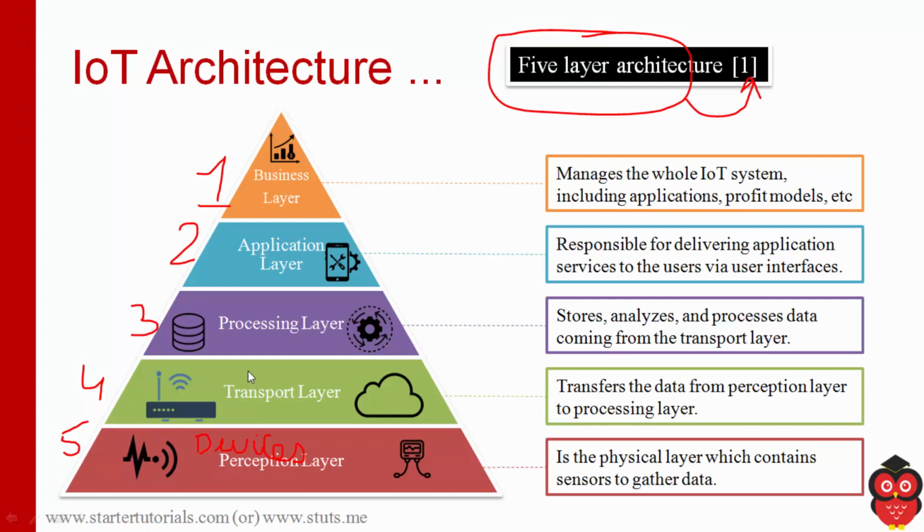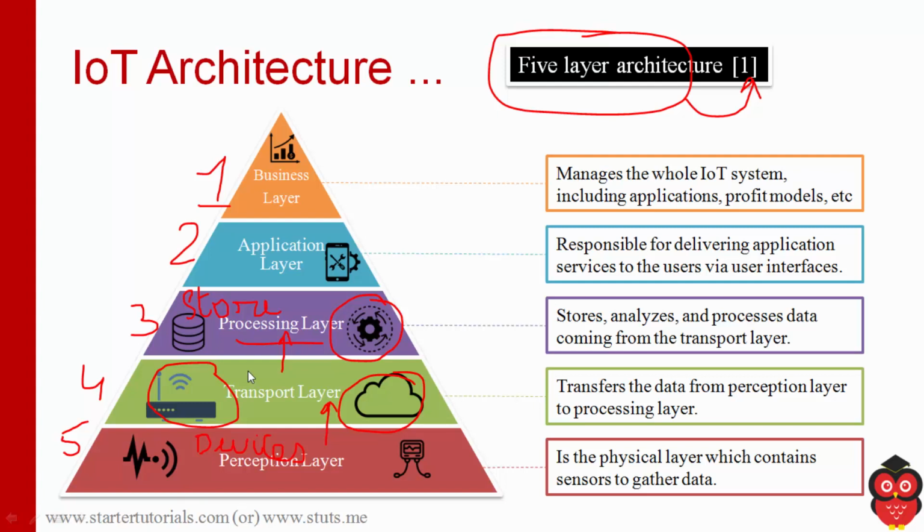And the sensors in the perception layer gather the data and they will forward the data to transport layer where you will have gateways and other communication equipment. Okay. So the data collected from the transport layer is sent to something called processing layer, right? So here in the processing layer the data is stored maybe in the databases or data warehouses or any other storage mechanism, and the data is processed or analyzed. Okay, so from the data we extract information, right? So these are the things that happens at processing layer.